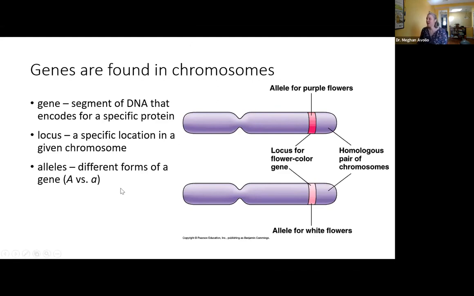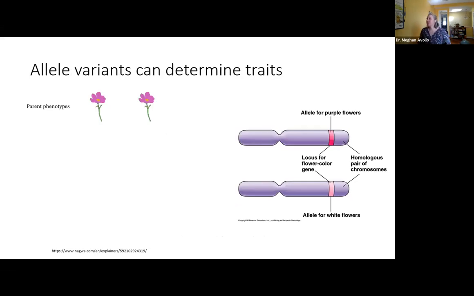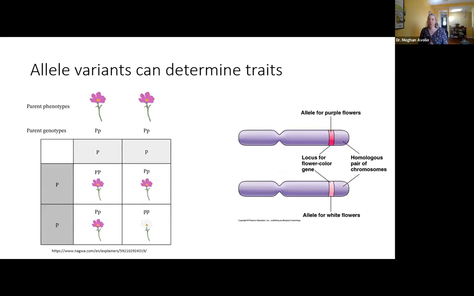And so I want to take this example a little bit further to start thinking about how we get phenotypes based on having different alleles at chromosome locations. Here's the same example where I have 2 parent phenotypes that have purple flowers. But I could genotype them and understand what pairs of chromosomes they have. In this example, we're working with a diploid plant. It only has 2 copies of each chromosome. Parent 1 has big P for purple and little p for white, and parent 2 has, again, big P for purple and little p for white.